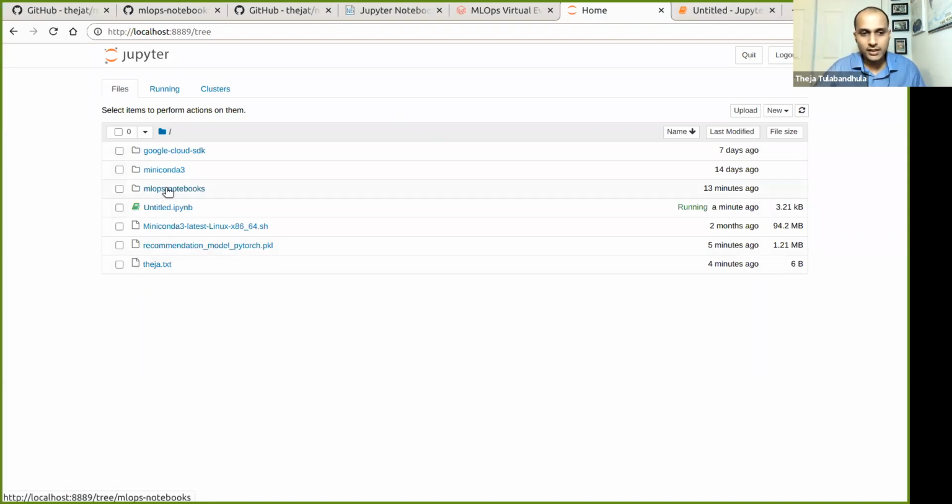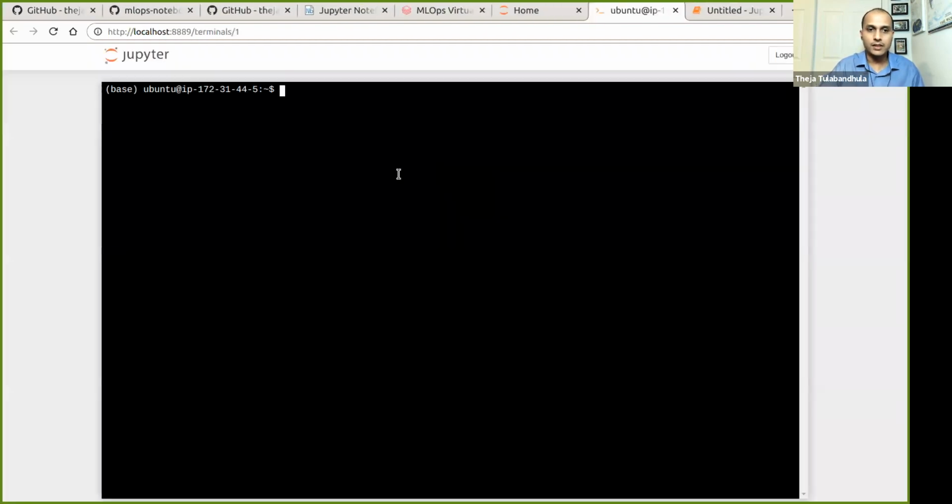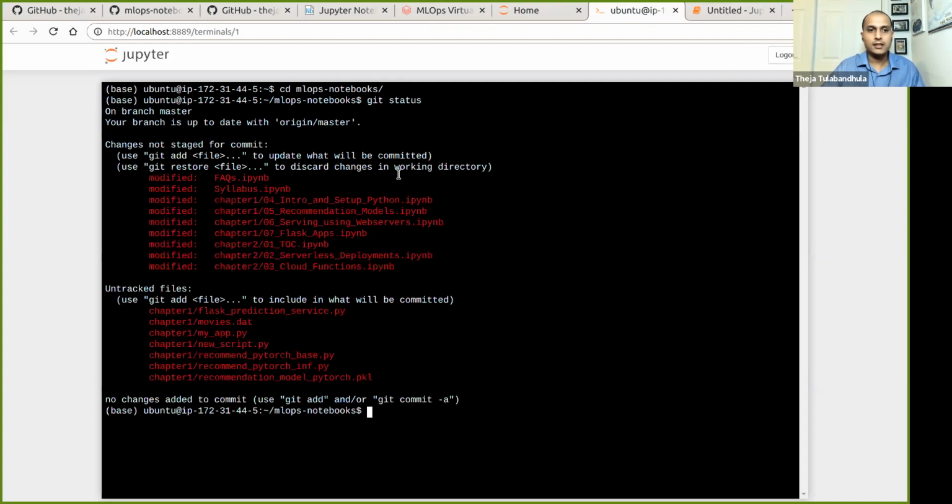What I want to show is this folder, MLOps notebooks. Let's use the terminal this time. So cd MLOps. If you do git status, there were so many things that changed from last time.